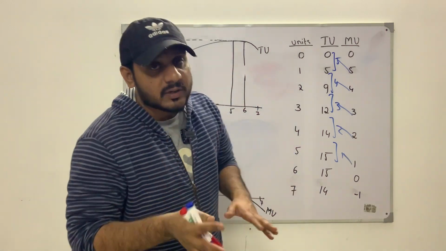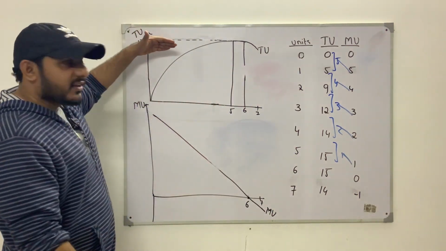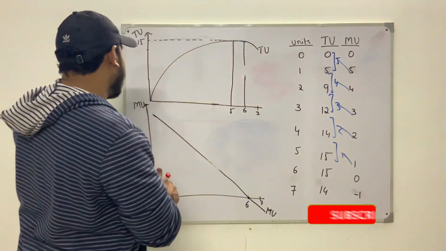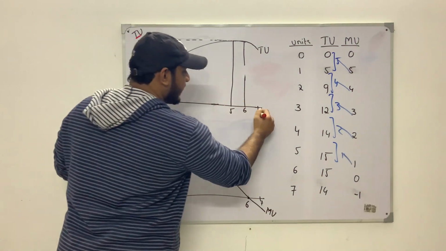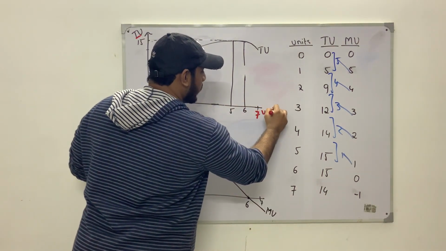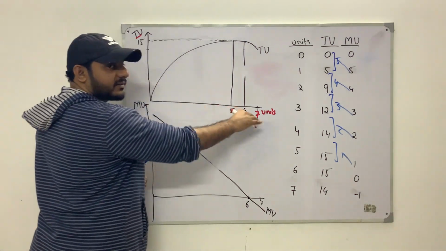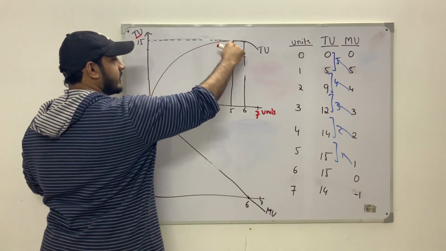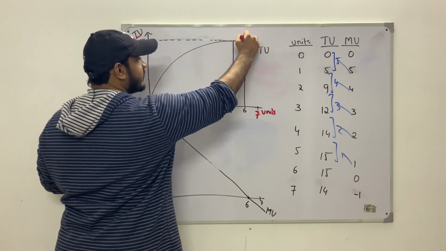Okay guys, now coming to the diagram, I've drawn the graph and I'll explain what it means. So the first graph is the graph of total utility. You can see it's a curve, and on the y-axis I have measured total utility, and on the x-axis I am basically measuring the units. So we can see that as I'm consuming more and more units on the x-axis, my total utility is basically increasing, right? And it is increasing till it reaches this point.